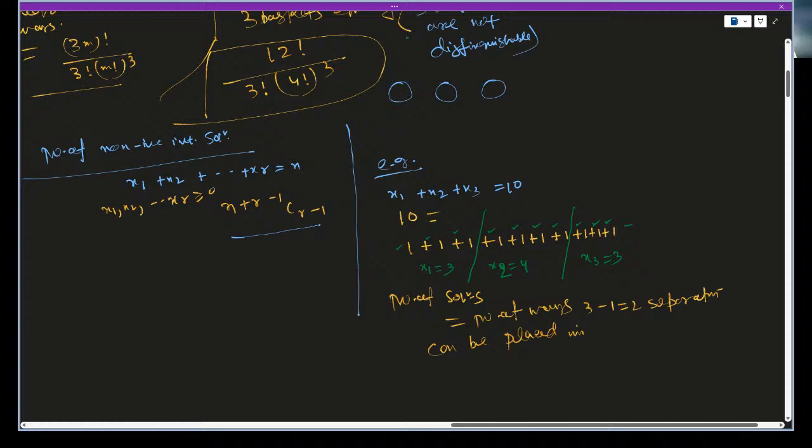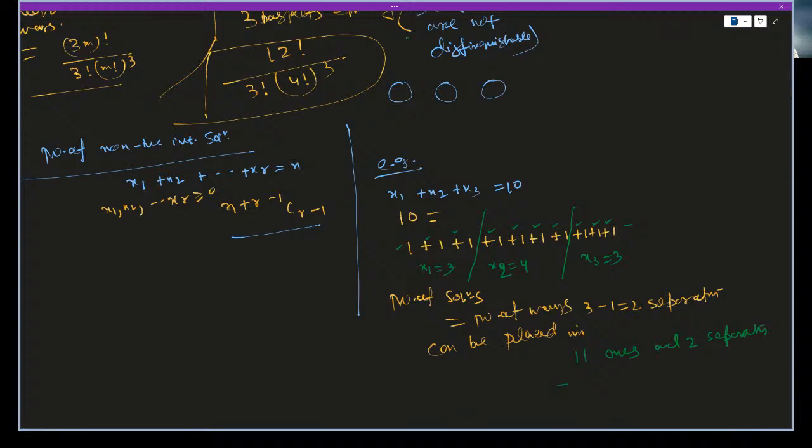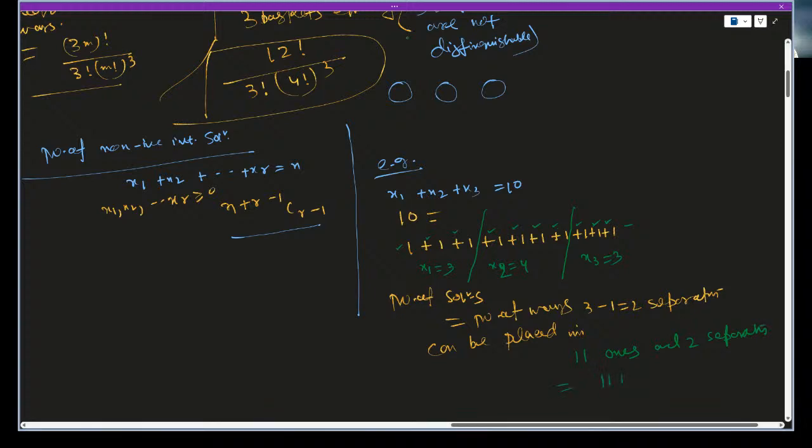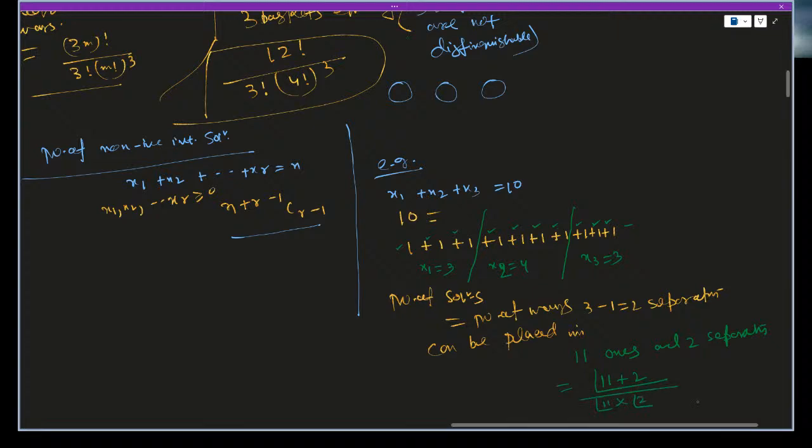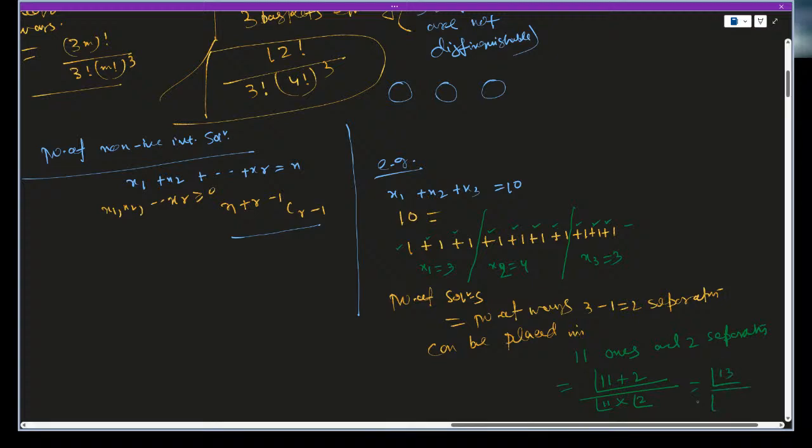Okay? So this is just arrangement of 11 ones and 2 separators. So this will be what? 11 plus 2 factorial by 11 factorial into 2 factorial. 13 by,